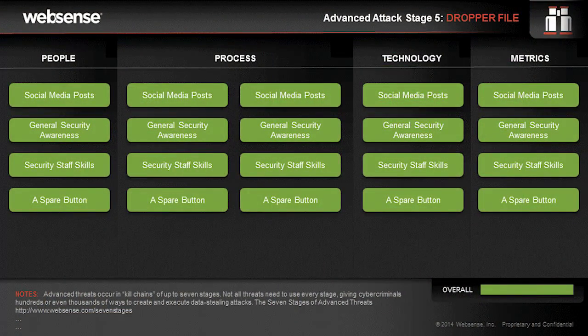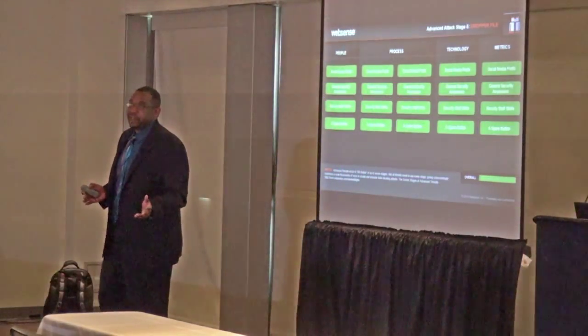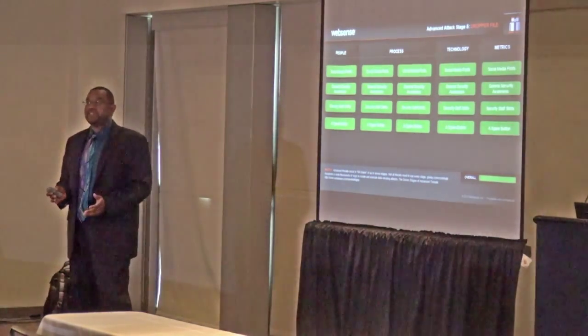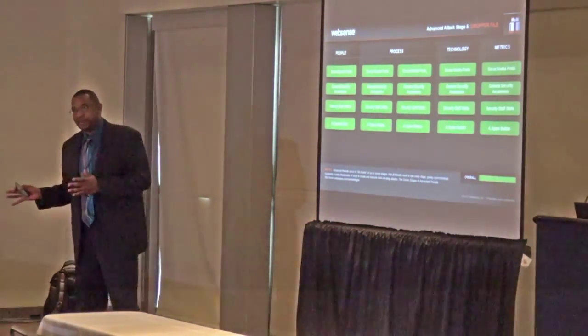We can also talk about how to assess ourselves. I don't have a pointer on this one. You will be able to assess yourself and put red, yellow, and green. Sometimes it's just that simple, the stoplight approach. Are we red in security awareness? Well, what are we going to do to make it yellow? Maybe yellow is just where we need to be from a business standpoint.